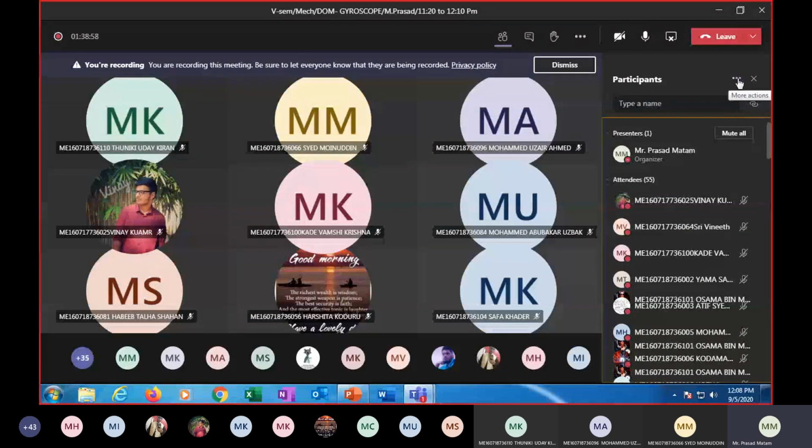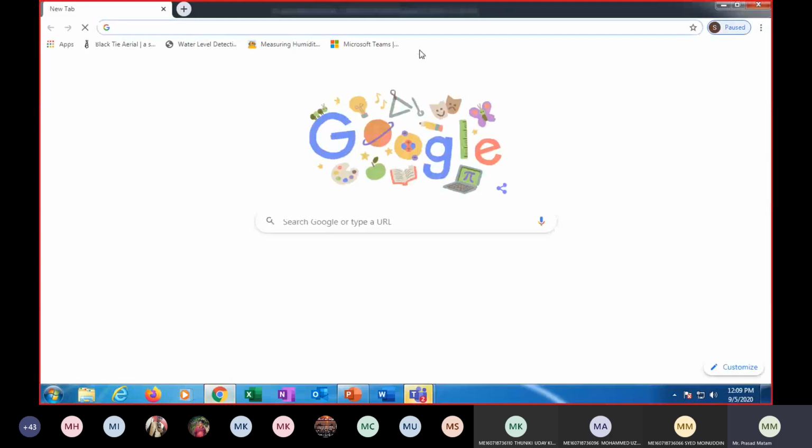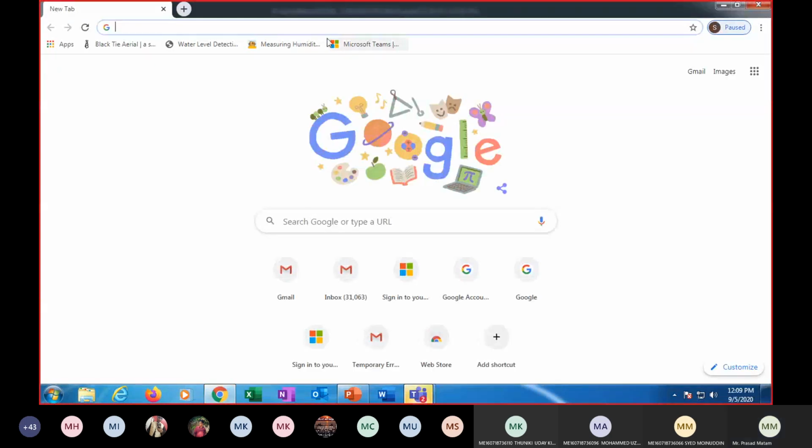I am taking the attendance. In the meanwhile, prepare to go for the next class. Attendance is not downloading, so I need to try again. Please don't leave. I am opening it through the Chrome browser, and from there I can get the attendance.